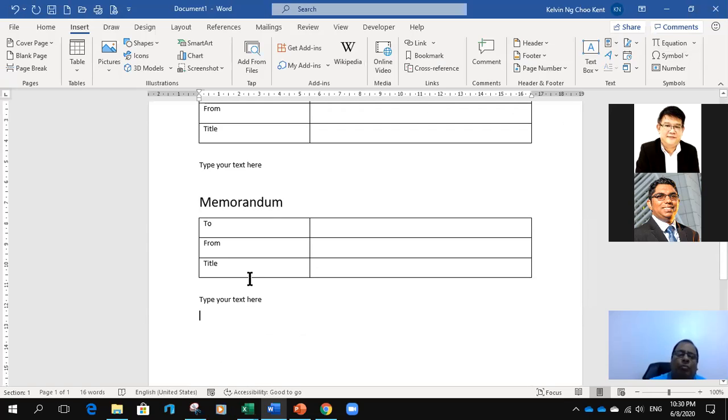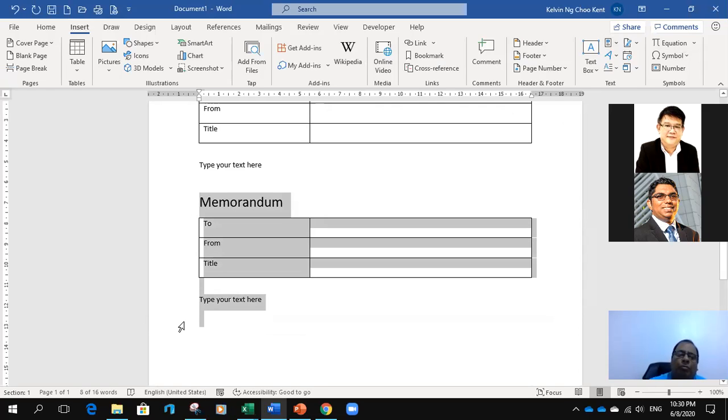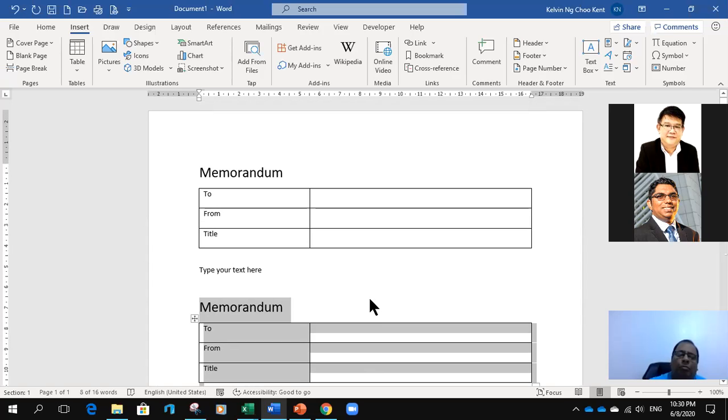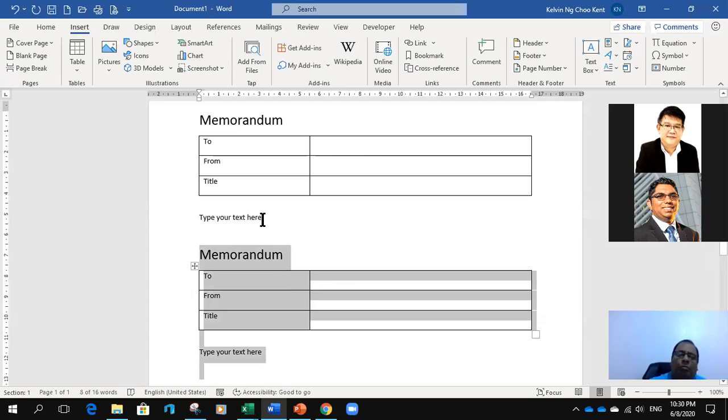See, I can have another one here very quickly. Now it can also store pictures, charts, even your diagrams, if you have any diagrams. So all you need to do is just highlight them and put it into your auto text. That's how fast it can be done. Huh? So this is one of those things that can be created.